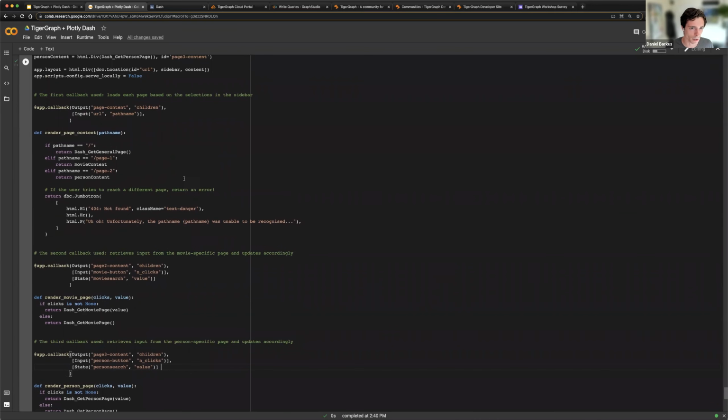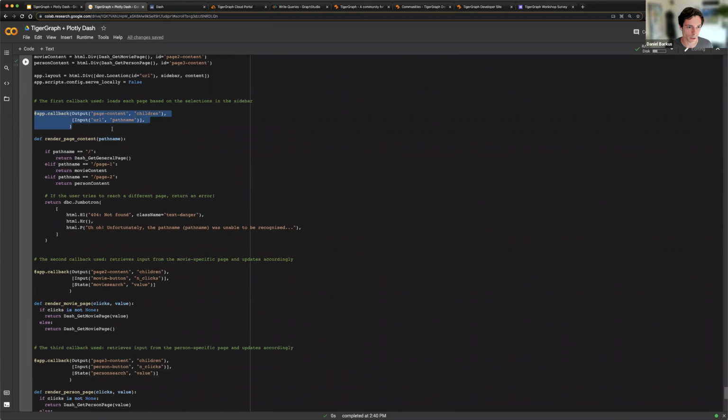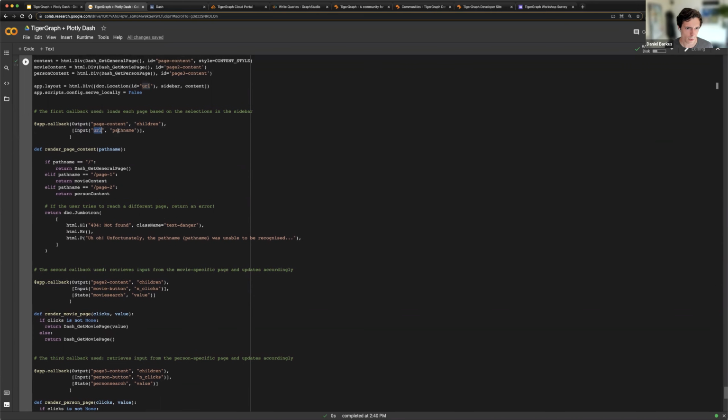So this one here is for changing the page URL. So we have outputs and we have inputs. Our output is obviously what this callback is going to return, and our input is the change that it's looking for. So this one, for example, app callback, our input is our URL and the path name of it. So we're defining the URL as, I guess it knows the URL is our page. So it knows that that is what is up in this address bar. And if that changes, if the path name of that URL changes, then we're going to feed that into our